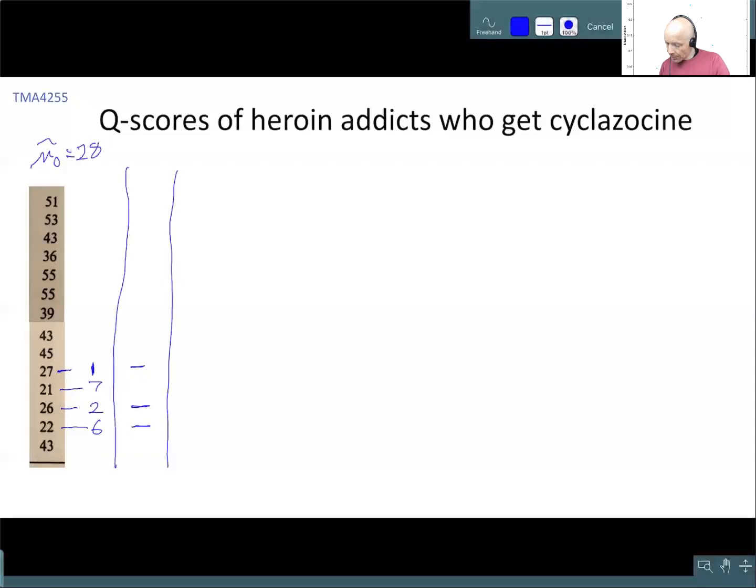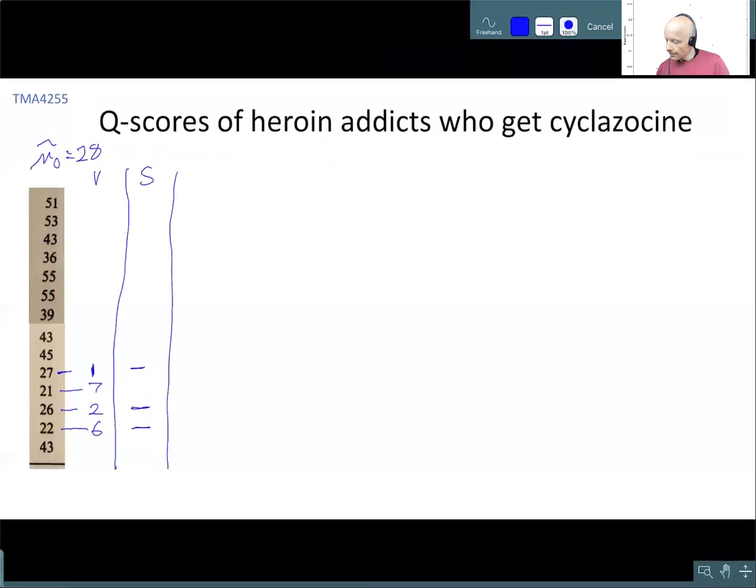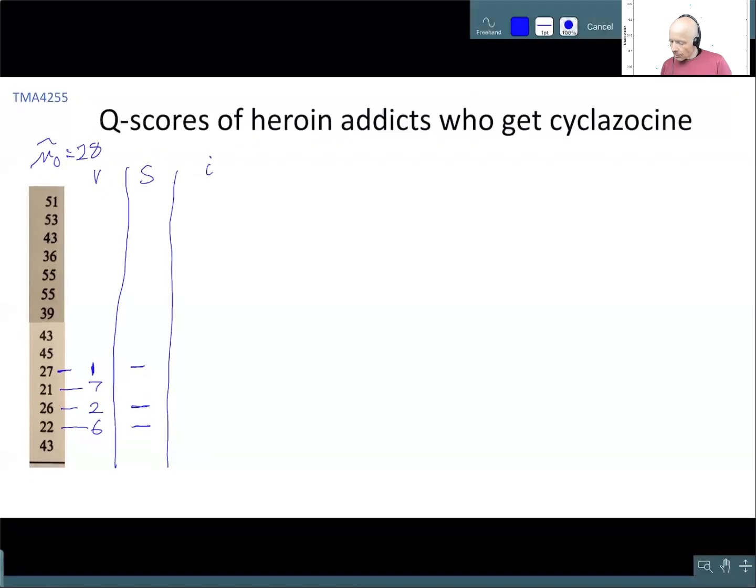So now I'm computing the distance. So this is what I call the V, and then this is the sign, and then we will here compute something called the ranks. I called the ranks I, didn't we? So now we're looking at distances. This is 1 minus minus. So they were the minus signs. This one is